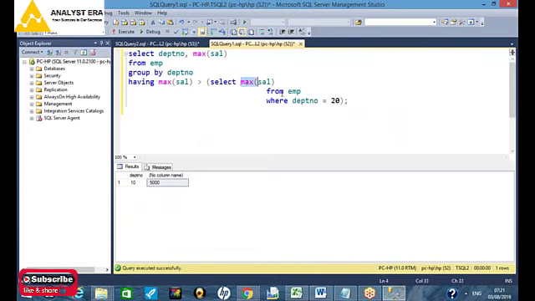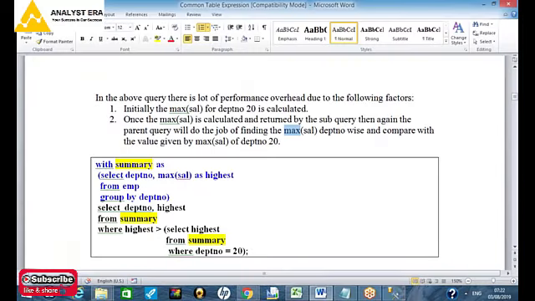First it will find maximum salary for department 20, then it has to group by department, find out maximum salary for each group, and then display the maximum salary for that group, right? So unnecessarily it is doing the same task again and again in the same query, right? So what we can do is we can use something called a common table expression in this